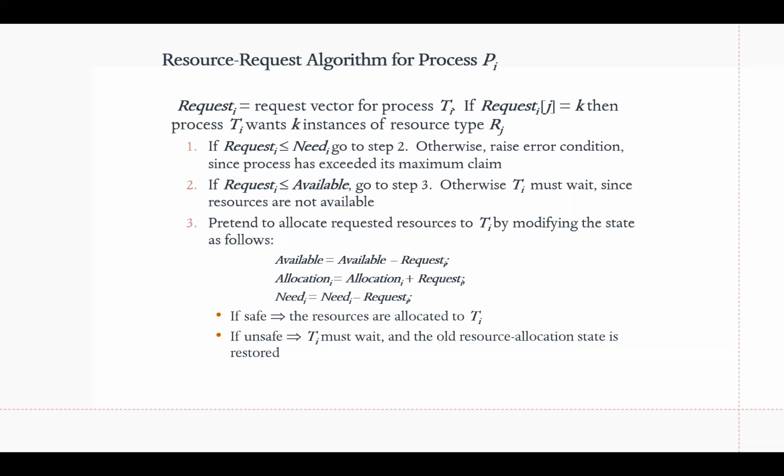So add it to the allocation matrix. Then Need[i] = Need[i] - Request[i]. Need will be reduced again. So modifying these states,